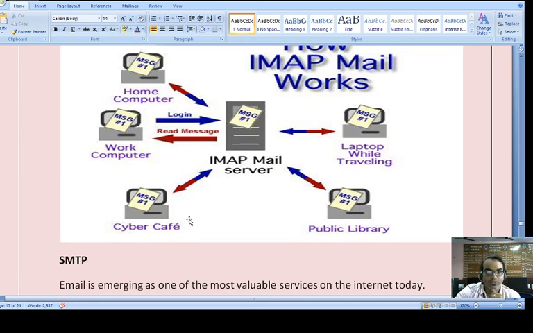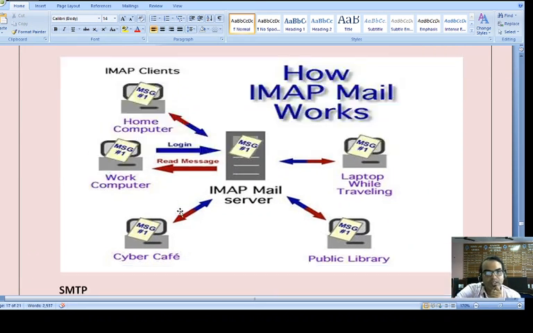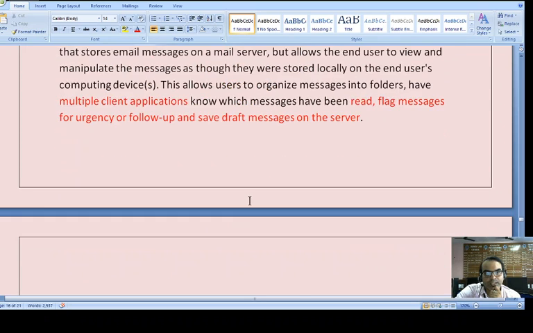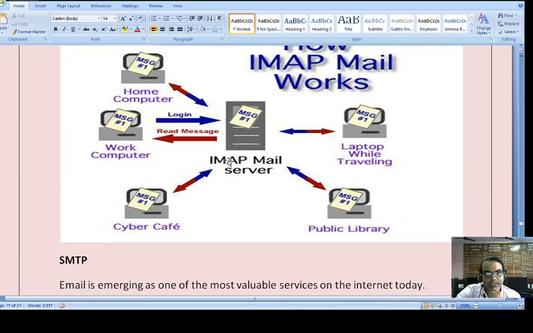Let's move on. How does IMAP work? See, we have an Internet Mail Access Protocol server, and some working computer is logging into it, or while traveling somebody logs in to it.